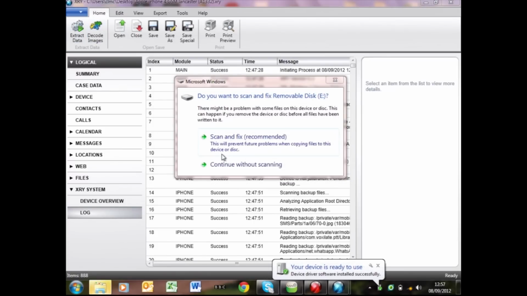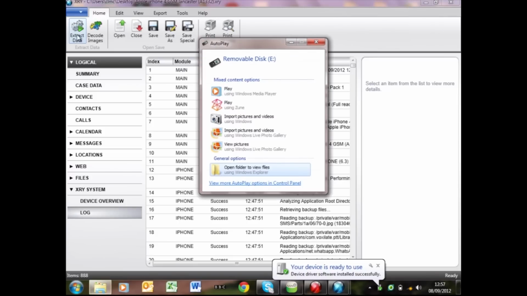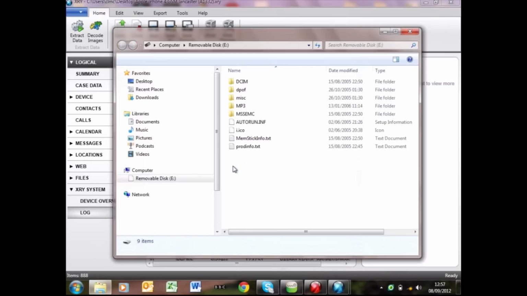So, okay, Windows has recognised it. You can, of course, always just go in and have a quick look if you wanted to. See what's live on there. Like I say, it's write-blocked, so you're not going to do any damage. And